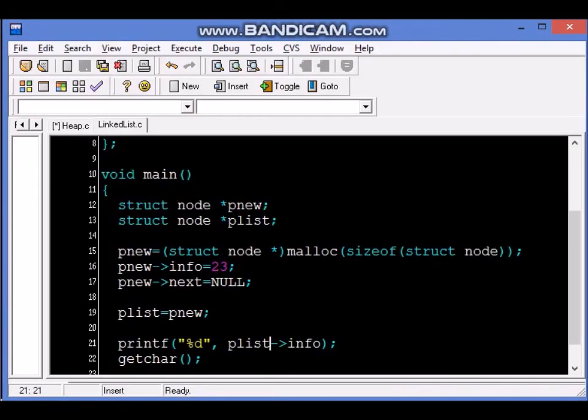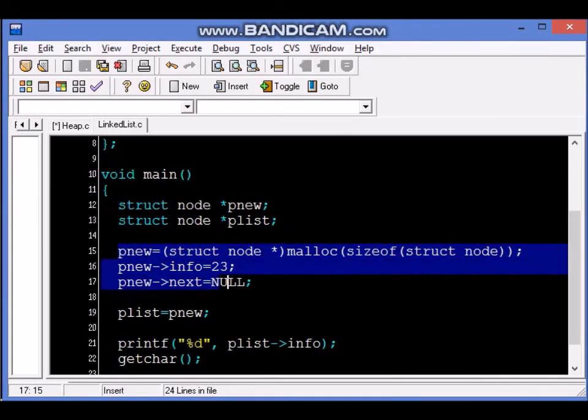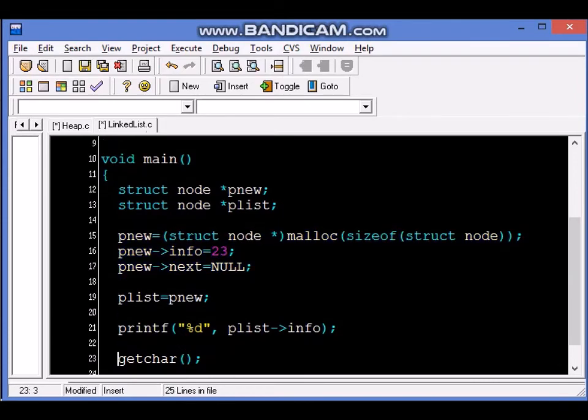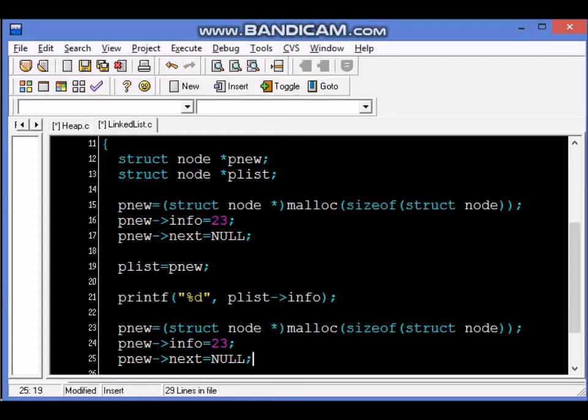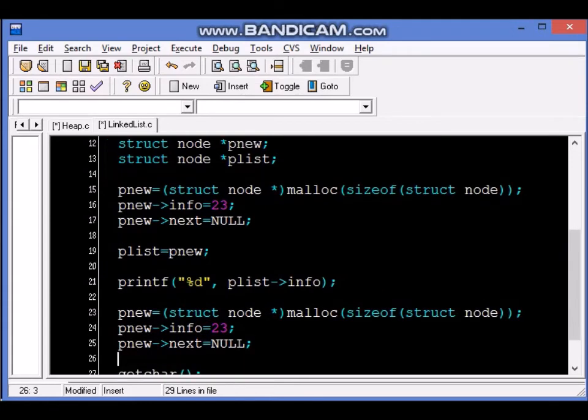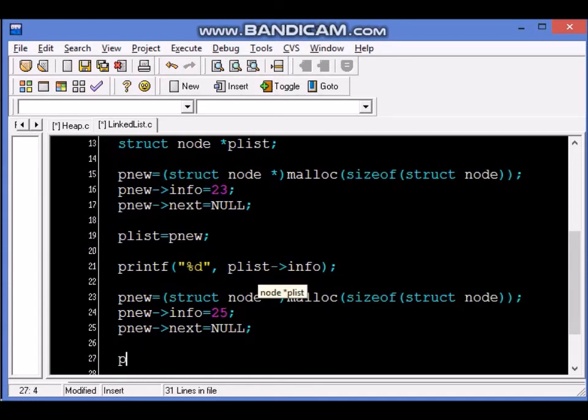Now let's try to repeat this code. Control C. And what I will do now is I will make one more node connecting that node. So let's say this new node is 25. So these three lines of code are same as these three lines of code. But now I need to connect the plist.